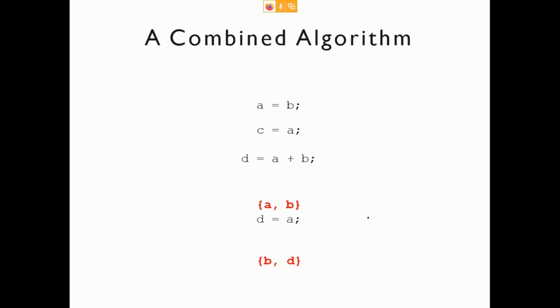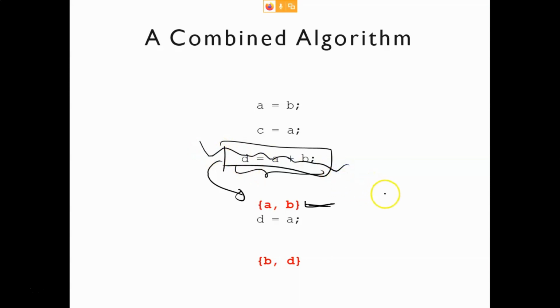Now we don't have to do it 3 times. In one pass it will do. In one pass we can do everything. So now you can see this also you can remove. Why? Because you can see this A, B is live. This D is dead here. This D is not live. After this statement, just after this statement, this D is not live. So this D is dead and you are assigning into a dead variable. So this assignment you can remove. This assignment statement you can remove.